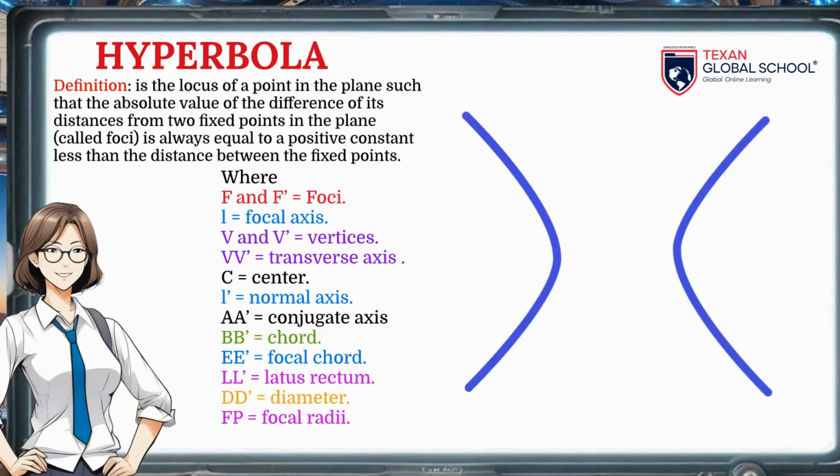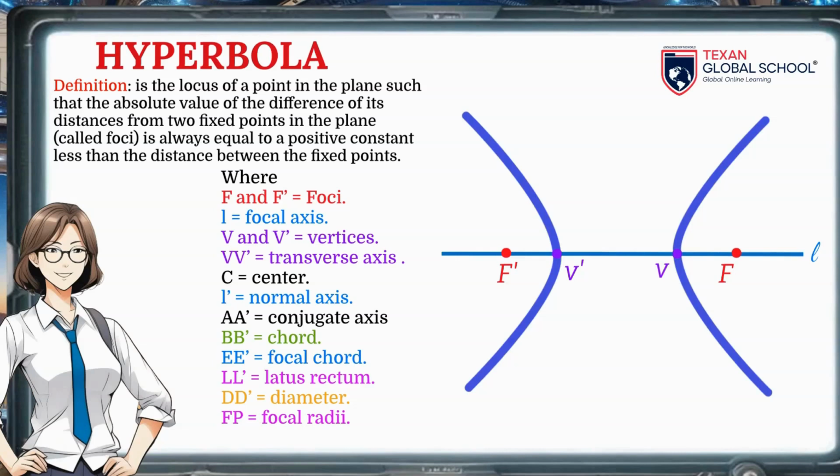We can see that F and F' are the foci. L is the focal axis, which is the straight line that passes through the foci. V and V' are the vertices. The focal axis cuts the hyperbola at these 2 points. The distance between these points is the transverse axis, which is the portion of the focal axis included between the